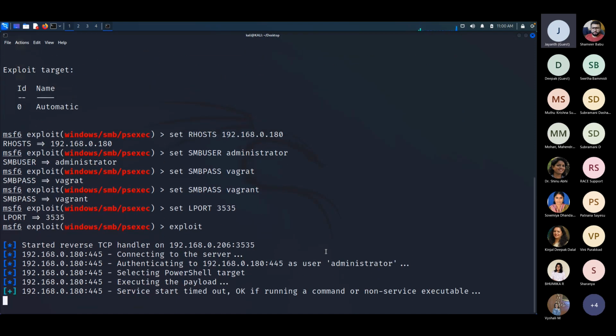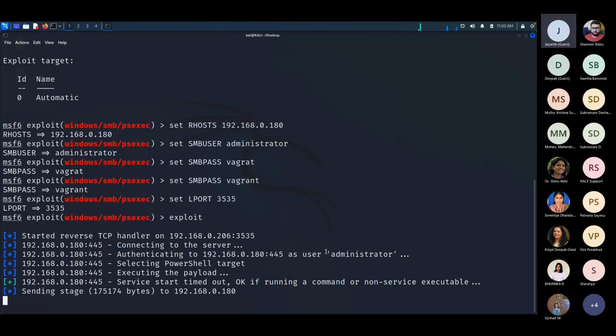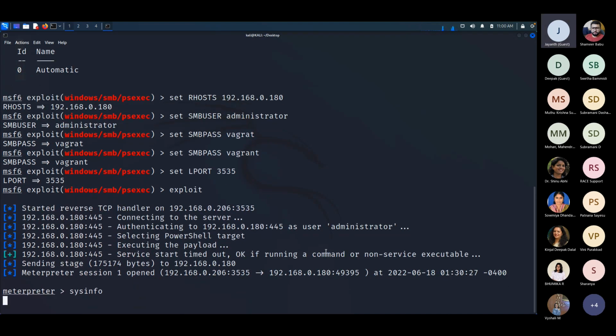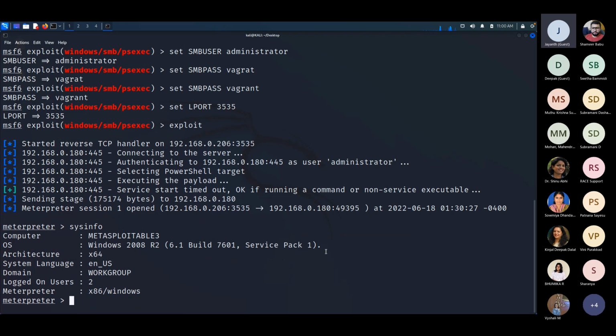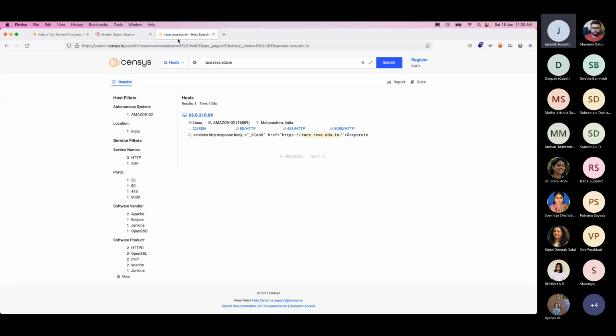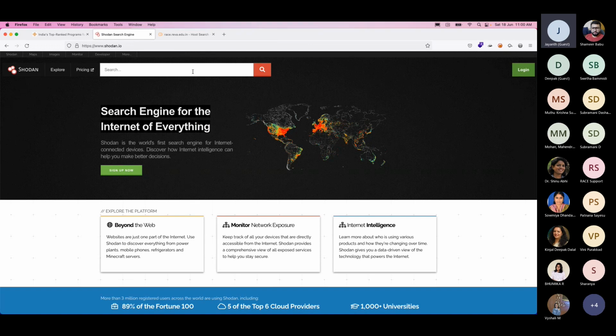Exploit. If everything is successfully done, we must be able to get a Meterpreter, and that becomes our initial point. So imagine that we compromise the actual external facing server. So we got the access to Windows Server 2008 R2, right? Again, to build confidence, I'm going to show you. If you go online, shodan.io,